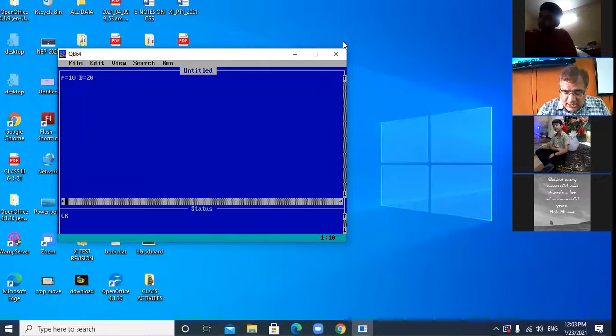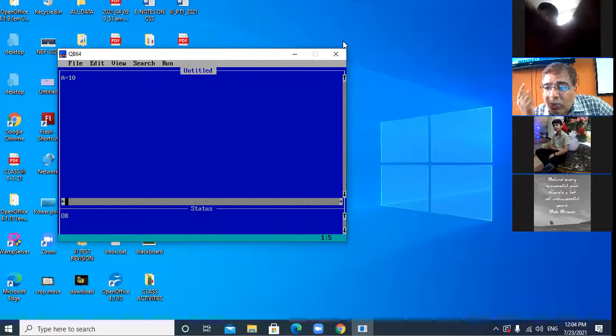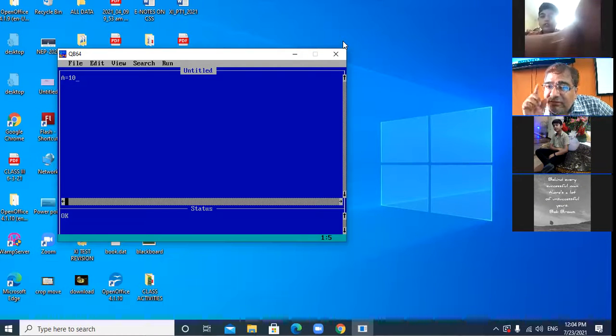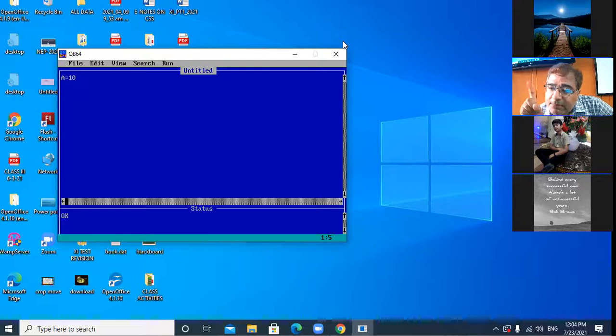What you call the equal to sign in maths is called the assignment operator in programming. Now I have typed one line in front of you, A equal to 10. Try to listen carefully what this line means. I have assigned value 10 to variable A.